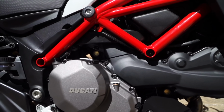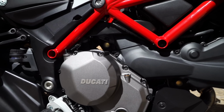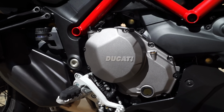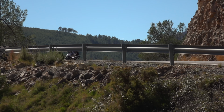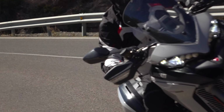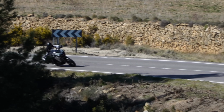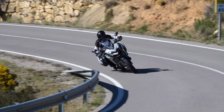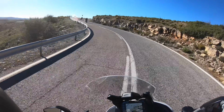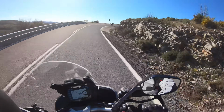So that 950 motor is the same as the one that you'll find in the Hypermotard. It's not actually a 950, it's a 937 L twin. Like I said, makes 113 horsepower, which is, I'm going to say for this style of bike, pretty much the perfect or the optimum amount of power that a bike like this needs to make. That's what gives this 950 Multistrada that rounded appeal that I think it's got. So no, it's not the most powerful Multistrada